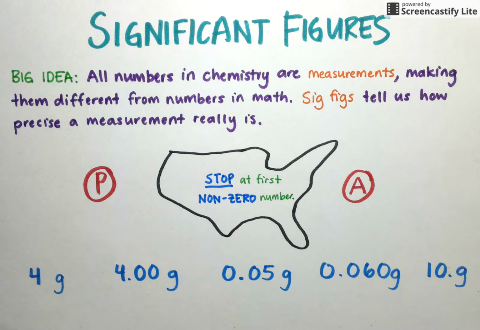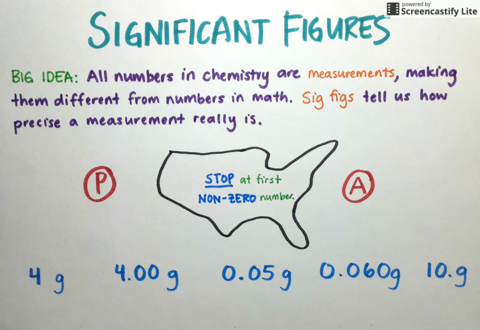And that's kind of a sticking point for people that find this concept to be confusing, is that the numbers may look the same, especially if you're thinking in a mathematical perspective, but in chemistry we treat them differently. And the way we treat them differently is by using this concept of significant figures to tell us how precise a measurement really is. And I'll use the term sig figs to kind of shorten down significant figures through the